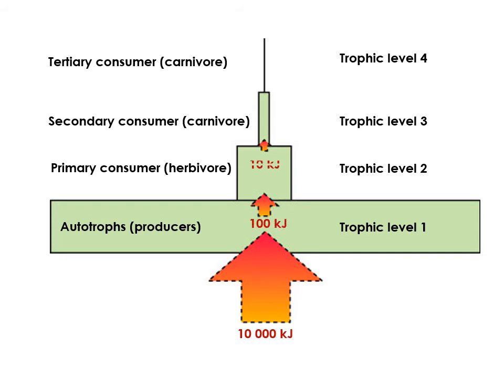And as you can see with these figures, we've got a massive drop here, 1%, and then it's kind of a 10% transfer between trophic levels. So not great shakes, which is why we start to run out of energy for any more trophic levels at the top of that food chain.